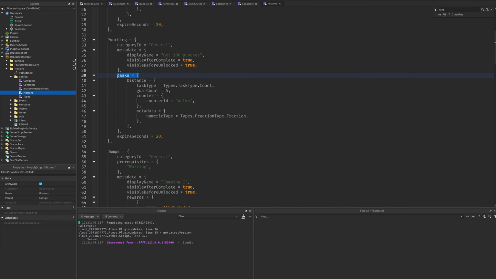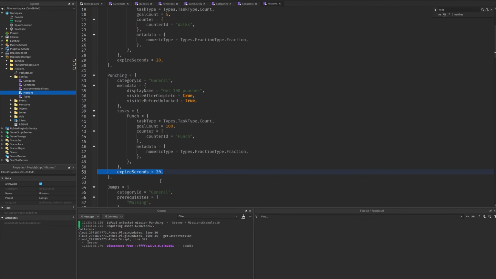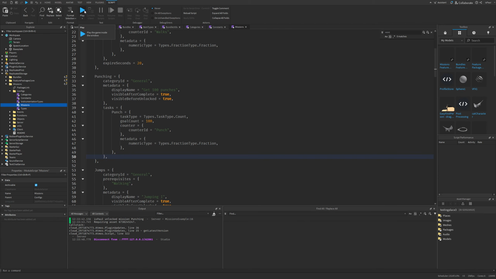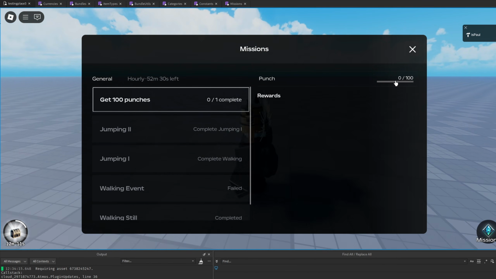and the main thing that we are going to change again is going to be the task, where this is not going to be a descent, this is going to be a punch, and this is going to be a count task type, and this will need 100 goal count. And the counter ID is going to be punch again. And I'm going to remove the expire seconds. So if I just do a playtest now, this is just going to add get 100 punches with a punch